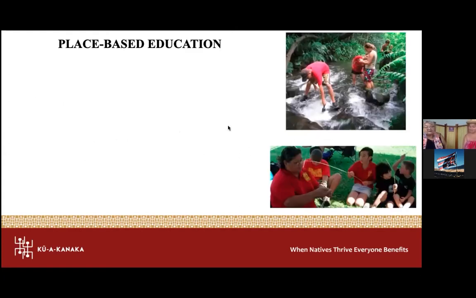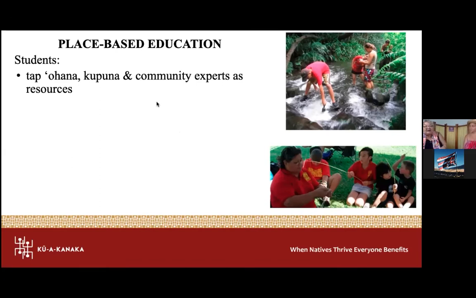Yes, so place-based education is Hawaiian-based education, right? That's interchangeable, āina-based, place-based, pedagogy of aloha, education with aloha, they're all the same in that we tap our place, but we also tap the people in our place, like our ohana, kūpuna, people in the community as resources, right? So that's one thing, that we use place and the people within that place as resources, that the ike comes from there, right? That the āina is our textbook, right? The āina is our inspiration.